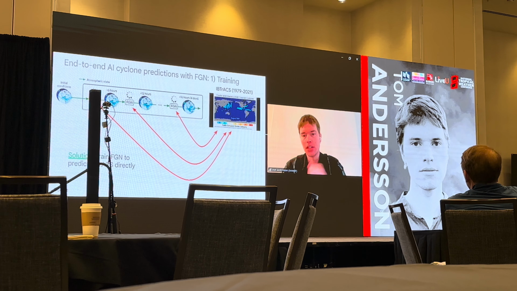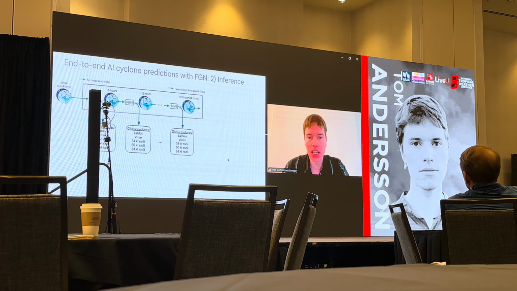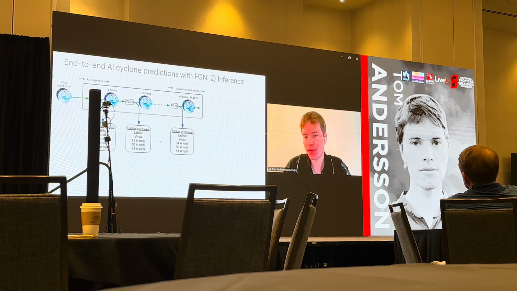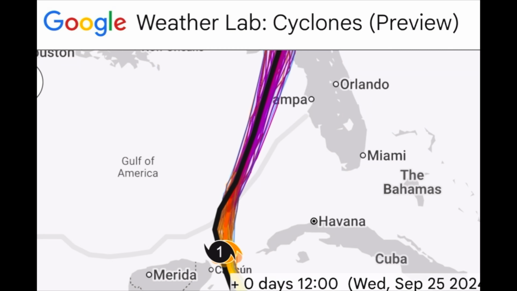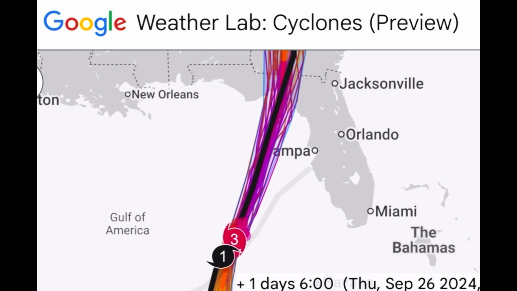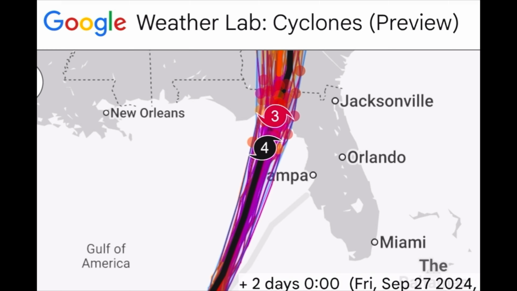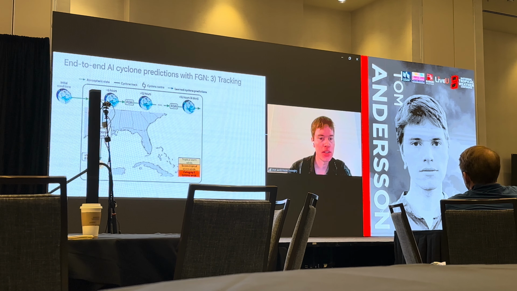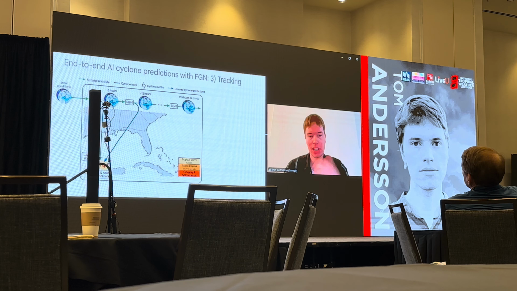And once the model is trained, we can run the model in real time and produce IBTrACS-like predictions. So essentially, the model is trying to predict what IBTrACS would have recorded. So we get latitude, longitude, Vmax, and the 34, 50, and 64 knot wind radii in all four quadrants. We then run a tracker on top of those predictions, and we get something like this.